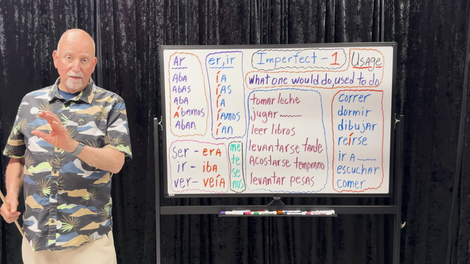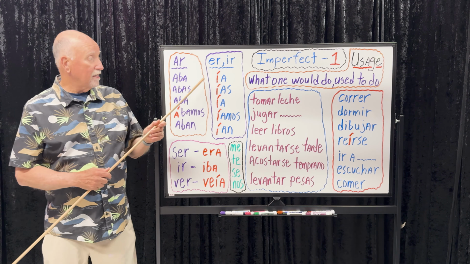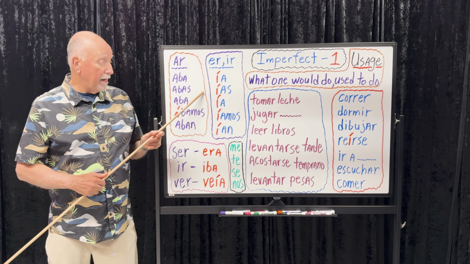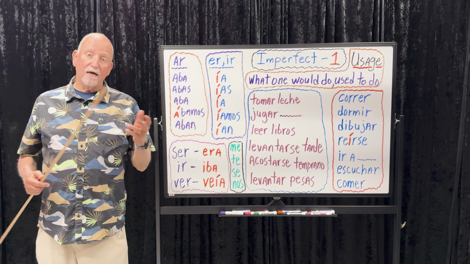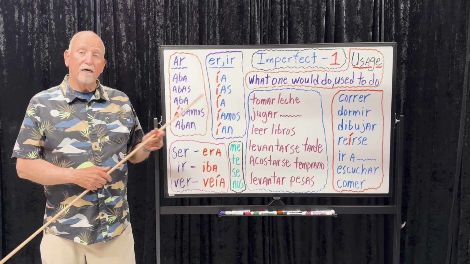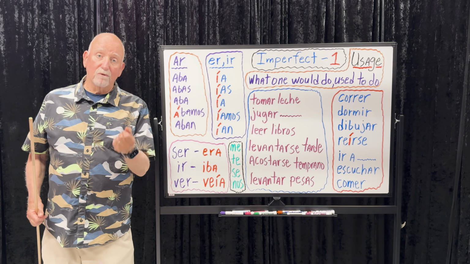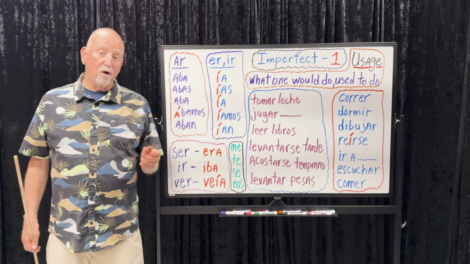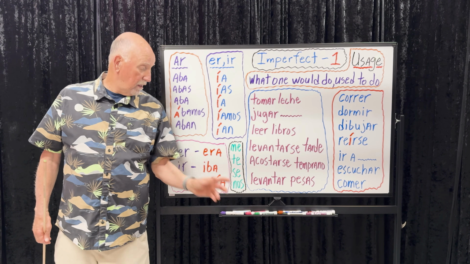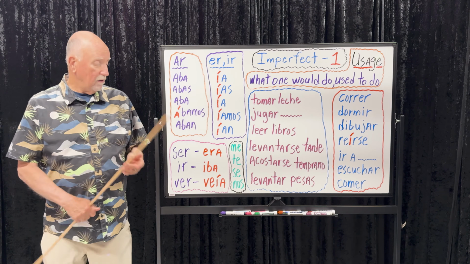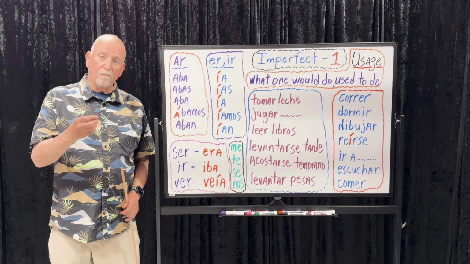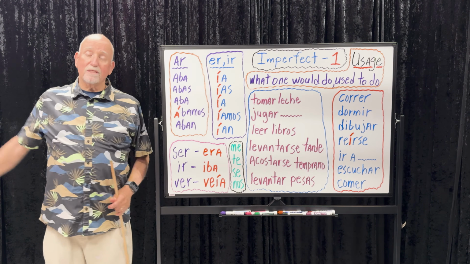So you got me, and now you have RE. I used to laugh a lot. Me reía mucho. Do it for you. Te reías mucho. He or she would laugh a lot. Él or ella se reía mucho. Break it down into its most simple terms. Reírse. Okay, all you need is the RE at the beginning and the appropriate reflexive pronoun here. We used to laugh a lot. Okay, we're going to take nos. Then we're going to put RE right in front. Nos reíamos mucho. And why is the accent mark still there?